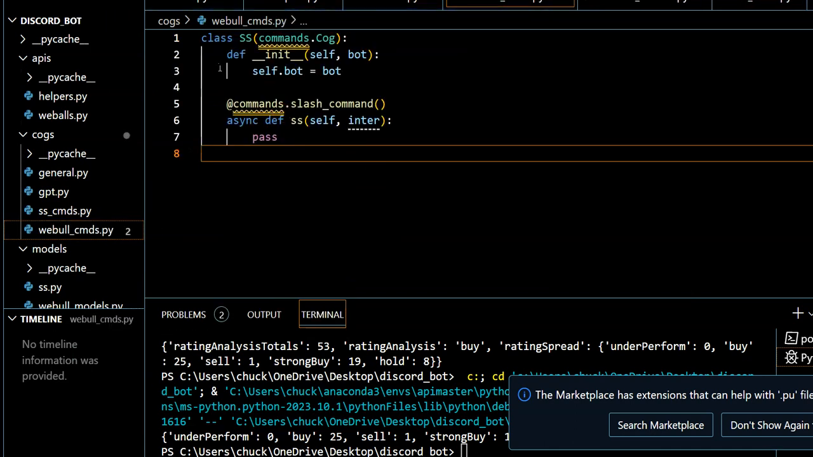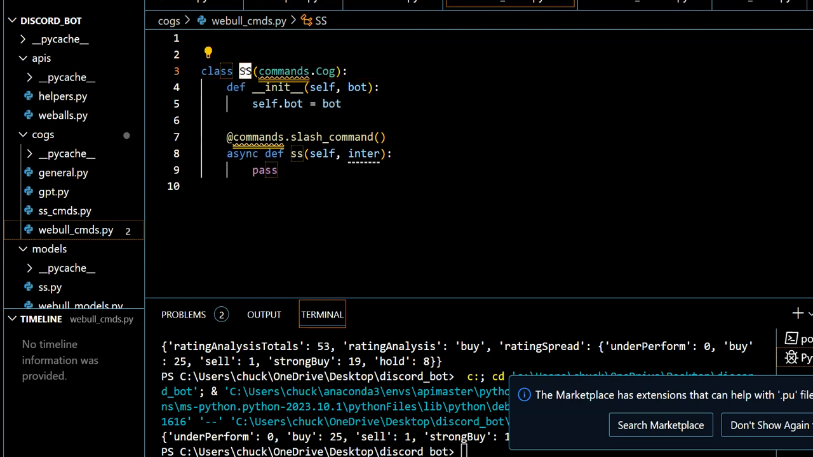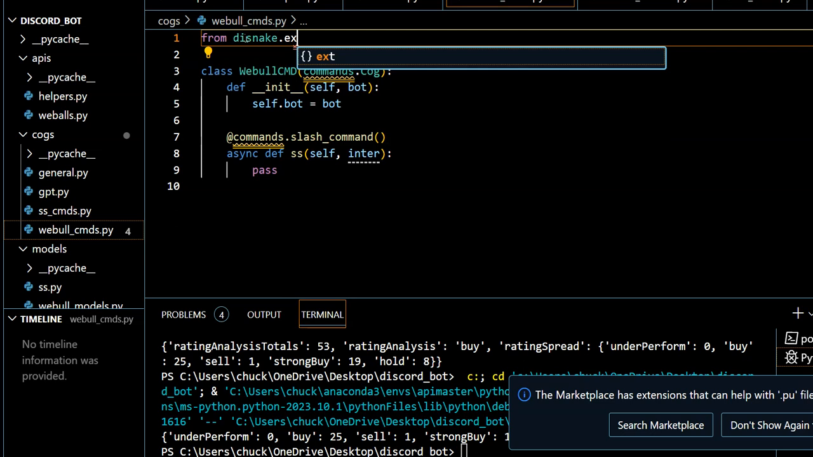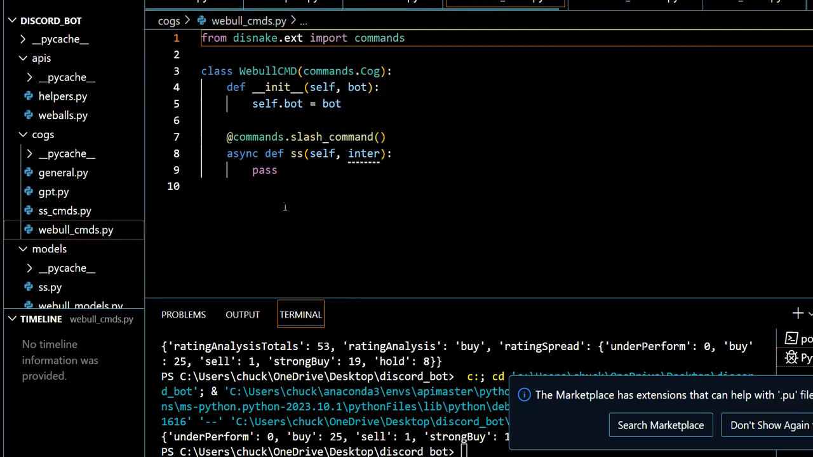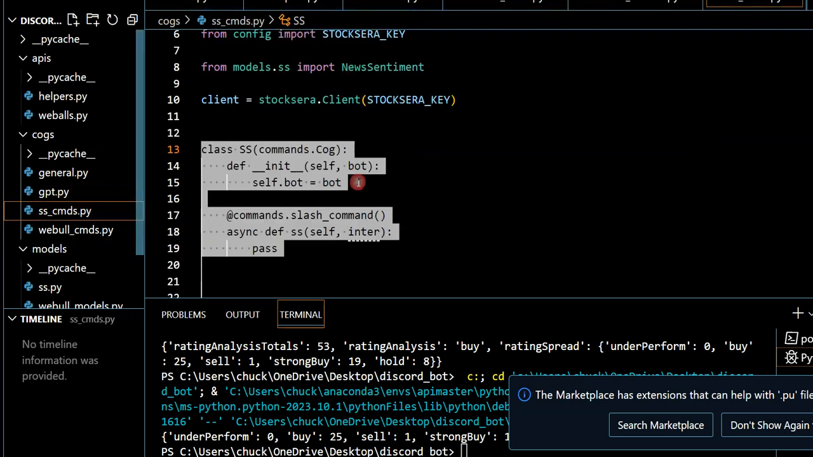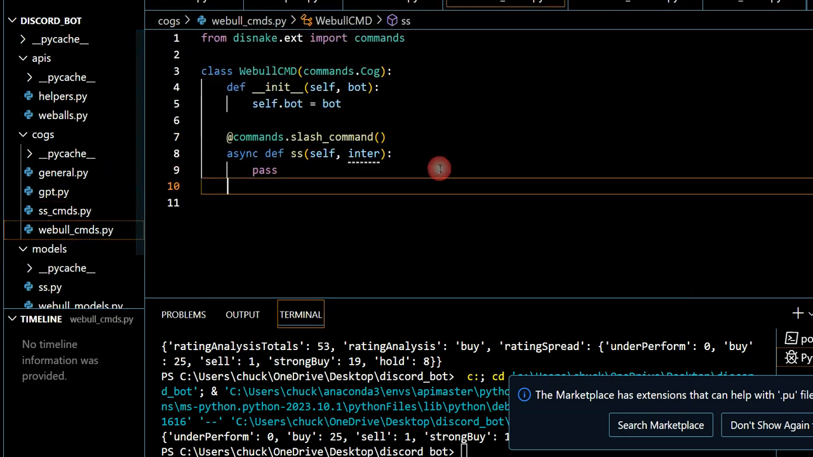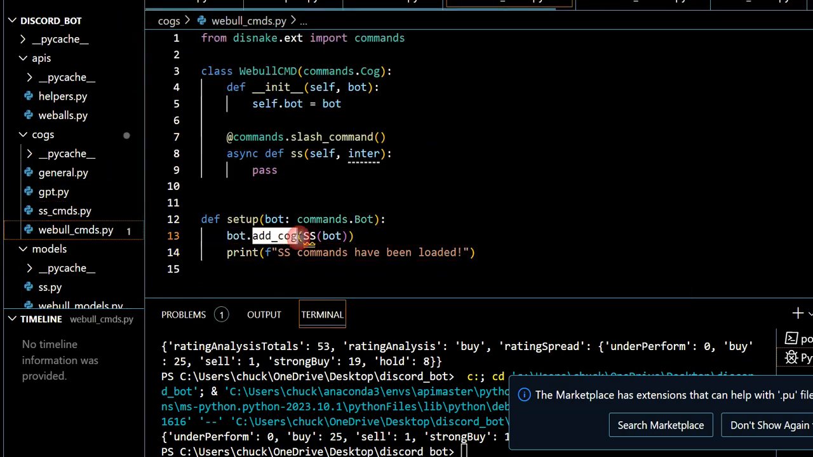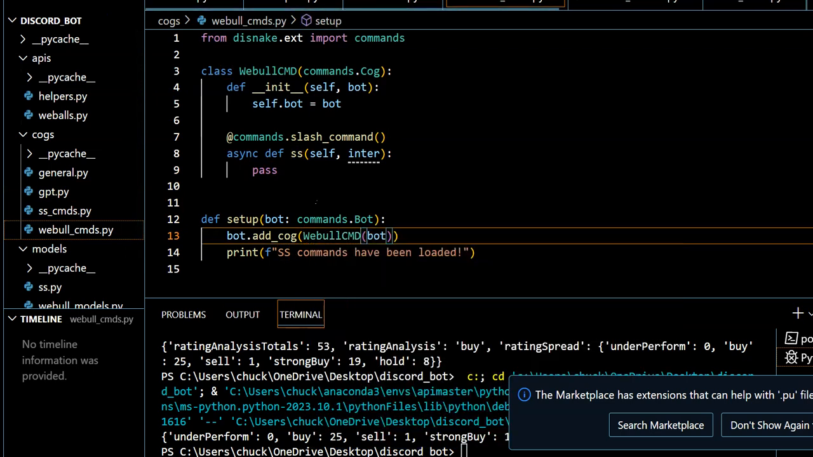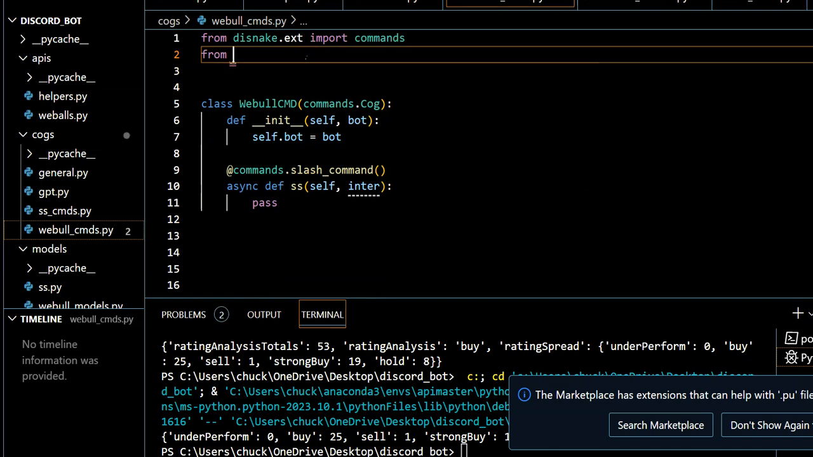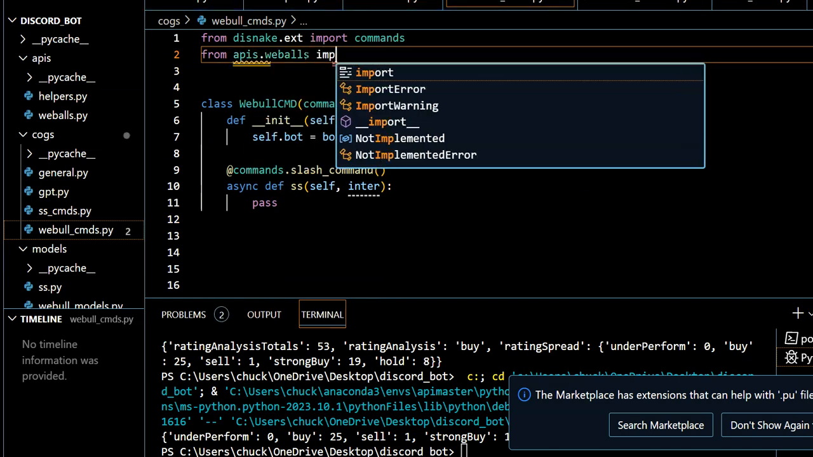And we'll just change this name to Weeble CMD, and then we'll import commands from disnake.ext, and then we'll go back to the ss command file and we'll copy the bottom as well, and we'll paste that in at the bottom and then change the name to Weeble command. And then now we can essentially just import that function. So from apis.weeballs import